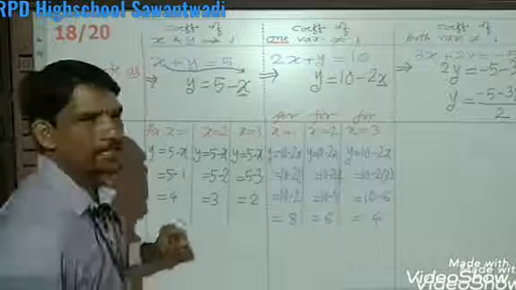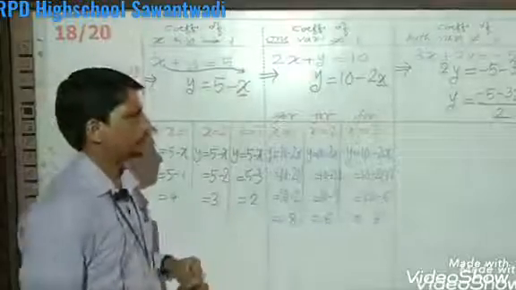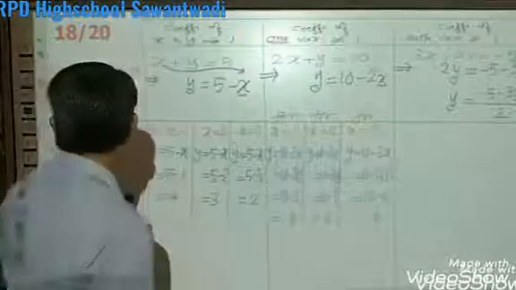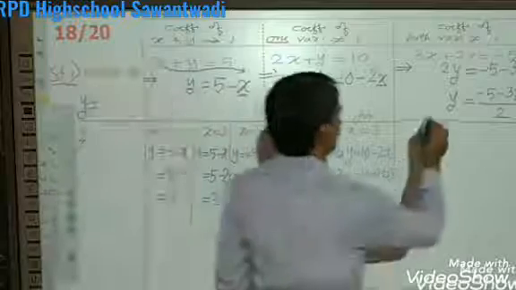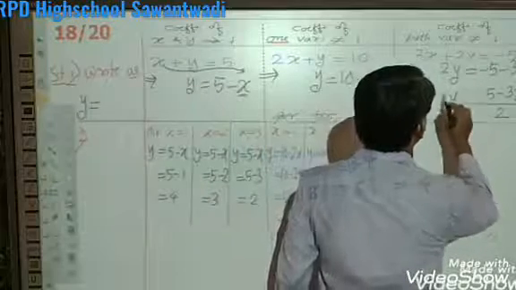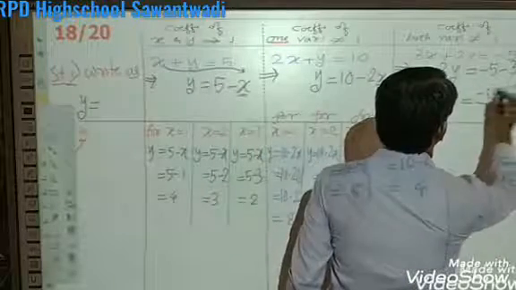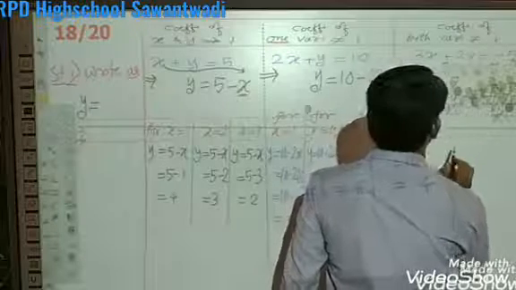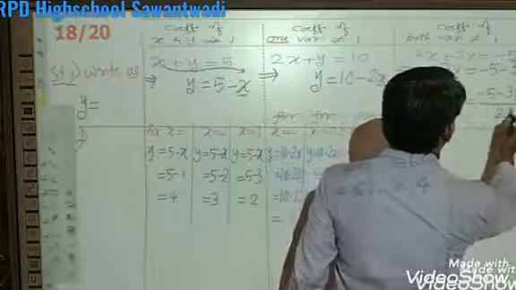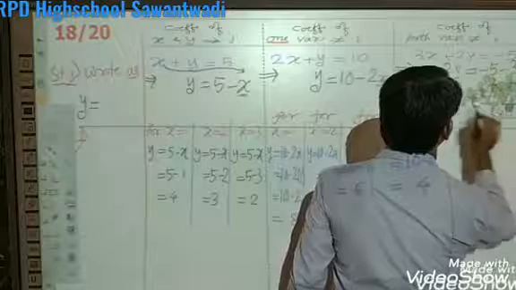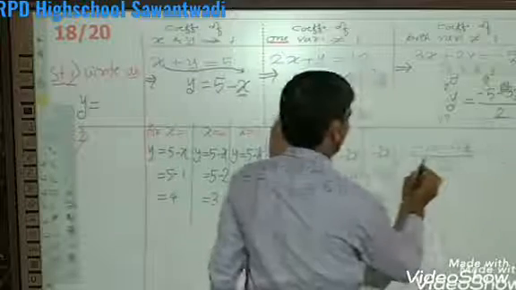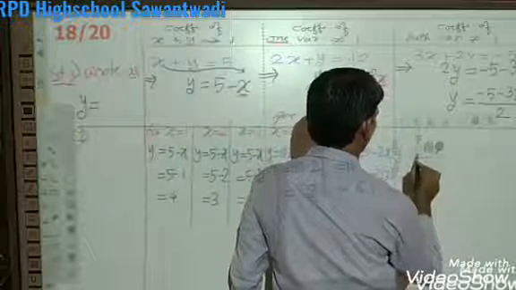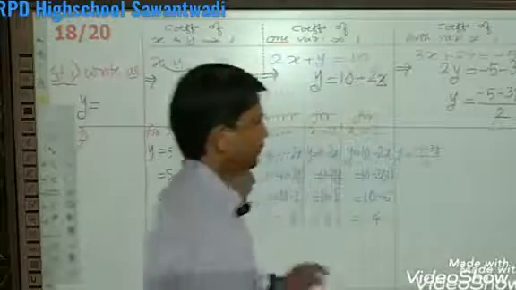Okay, so as I said, you pay attention here. That is a special example. Why has it got a special example? Because I am getting here y is equal to, along with the denominator, this value. See, y is equal to 5 minus 3x upon 2. This is what I have here.